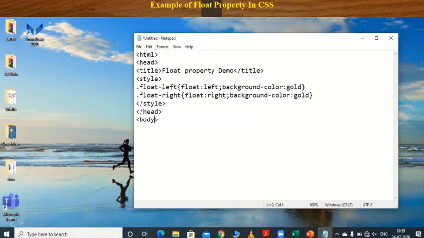Suppose I want to set the bgcolor equal to yellow.